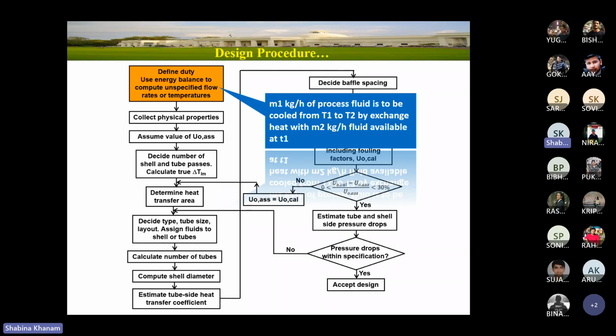Other than that, the whole design you need to perform. So once I have these five parameters, the first step is define duty. Can I define the duty over here? If I need to define the duty of a heat exchanger, that is nothing but m cp dT. For one fluid I have m, t1 and t2, but I don't have the cp value, the specific heat. So to calculate the duty, you need to go for the second step,